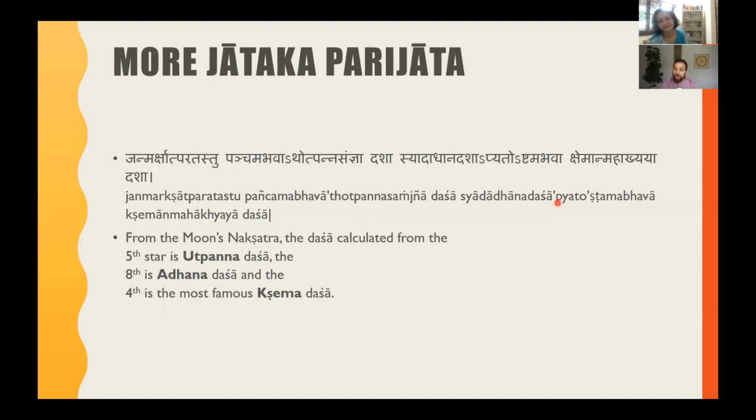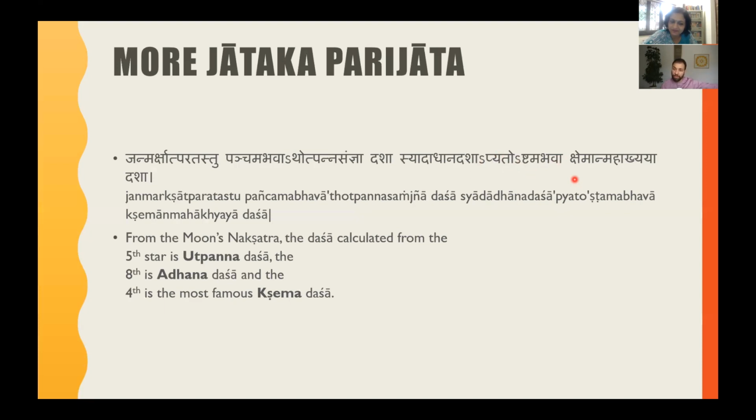And he also says over here, it is the Ashtama Bhava. It says over there, I should be pointing to the Sanskrit, right? Syad Adana Dasha Api. That's what it says there. And then he says over here, Api Ato Ashtama Bhava. So that is another option, which is starting instead of the 5th, we start from the 8th instead. And the name of it is called Adana Dasha.